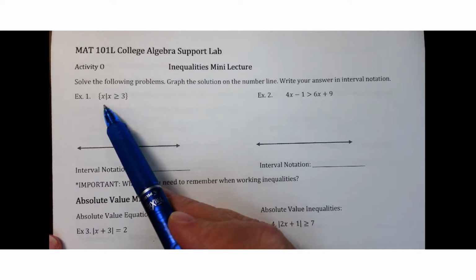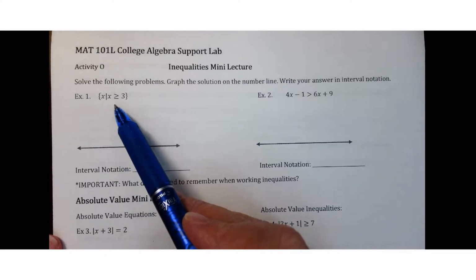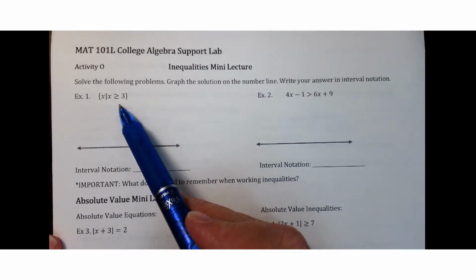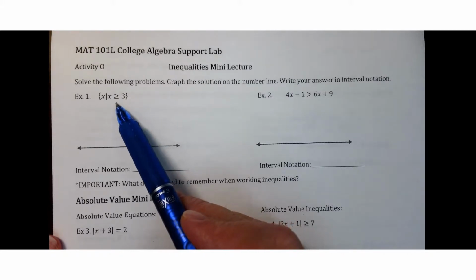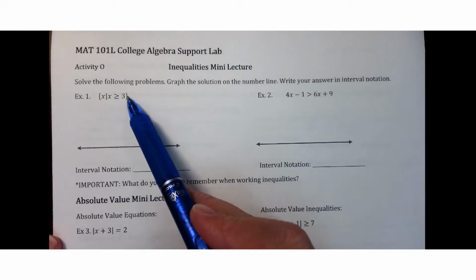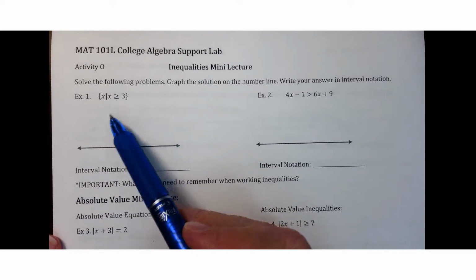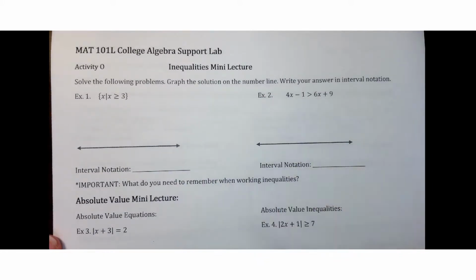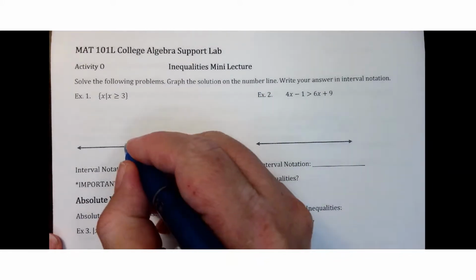And so this line means such that. And this is basically representing all the numbers that are greater than 3 or equal to 3. So 3 will actually be included into this set because of the equal to. Now, if we want to graph this solution as the directions say, then first we're going to fill out this